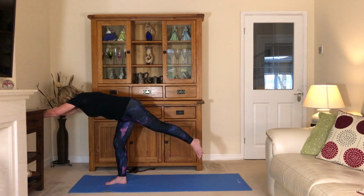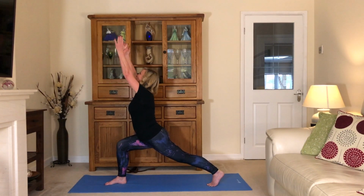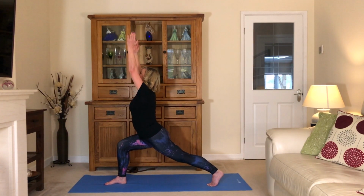And then from here, bend the leg you're standing on, step back on your back toes. Now don't bring the heel down flat. And reach up and back. Now this is the crescent pose. So the difference between this and Warrior 1 is that the back heel is lifted,